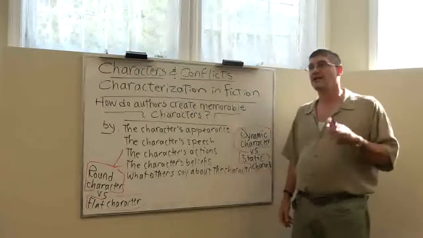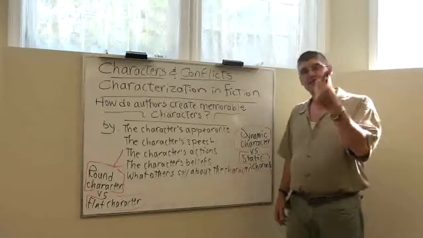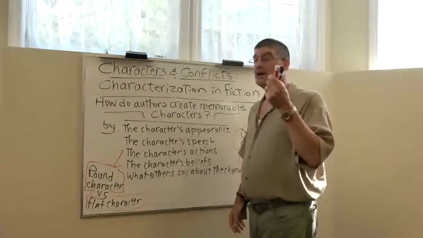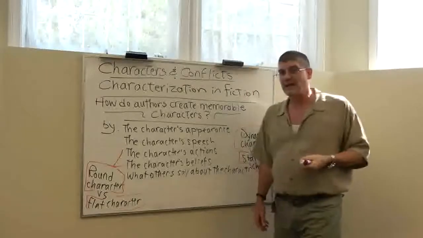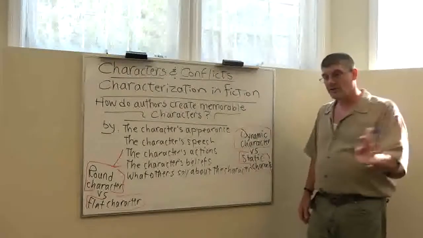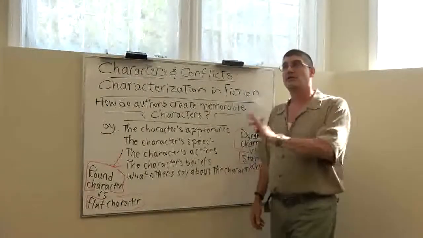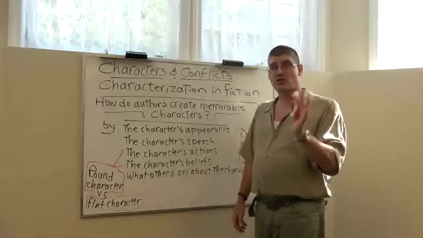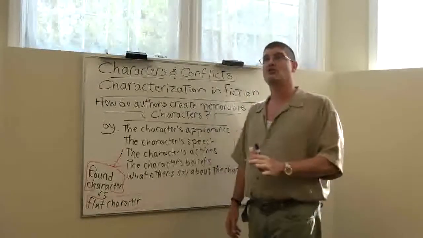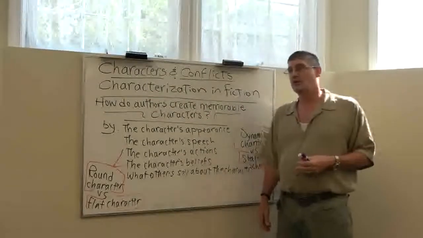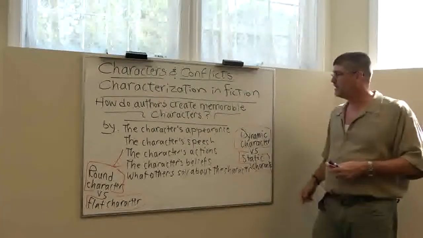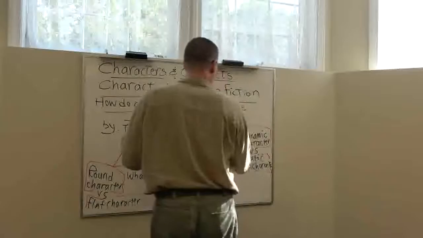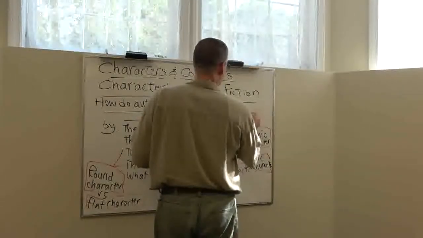How does a conflict affect the character? The character is not the same at the end as they were at the beginning. Through the course of the action, through experiencing the conflict, they transform; they change dramatically in the course of the story. So a very good example of a dynamic character would be, of course, the character